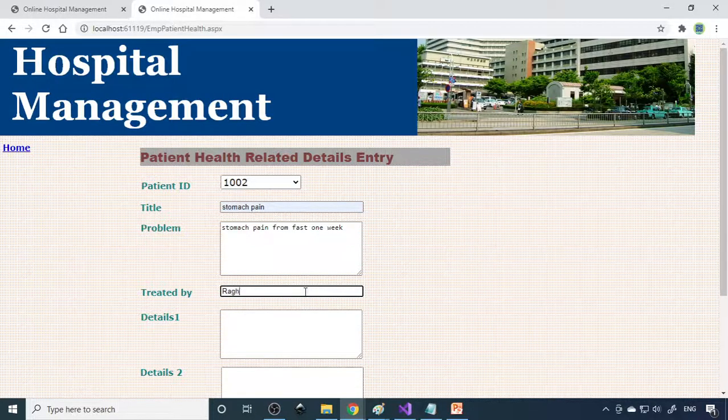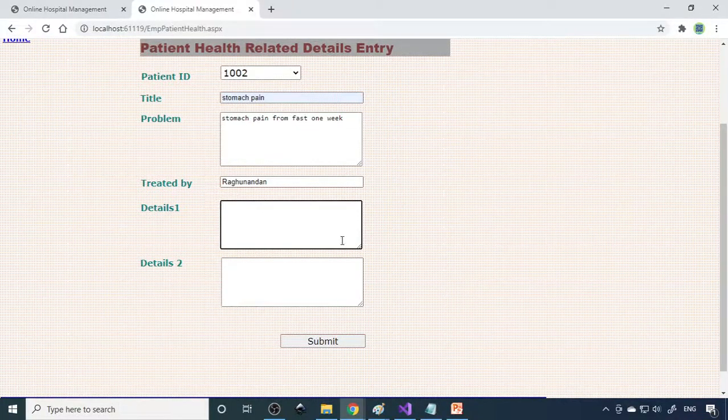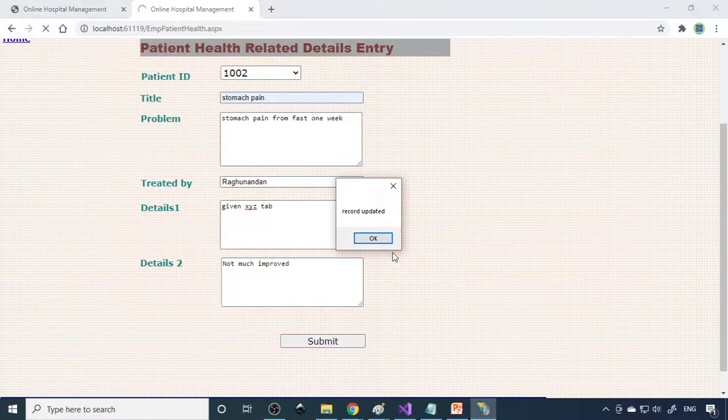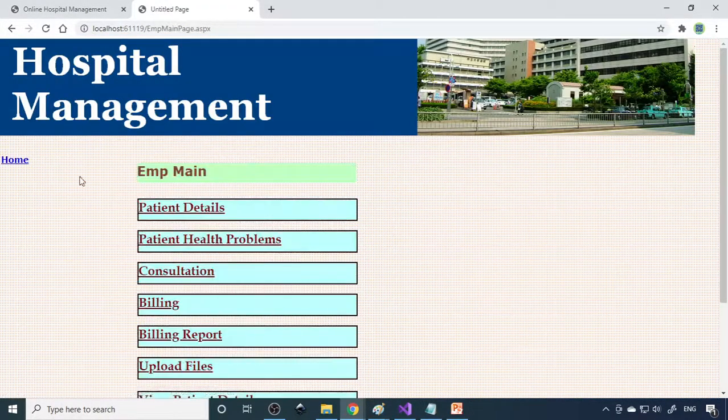So can give Raghunandan. So details. Given XYZ tablet, not much improved. So this is the present condition. So all that is recorded.